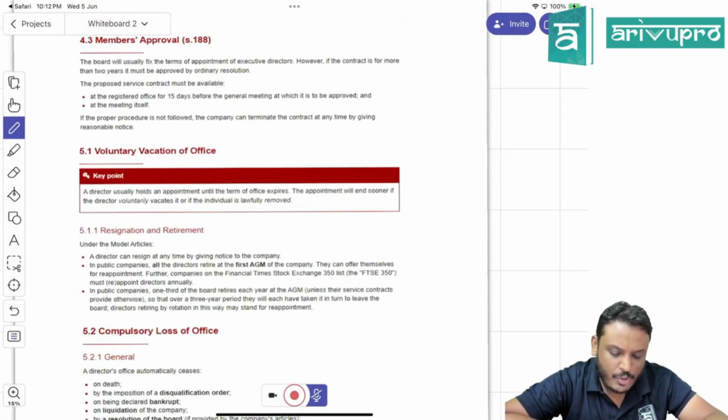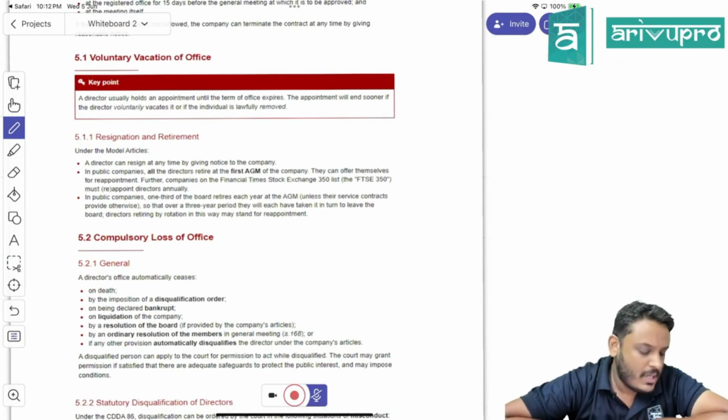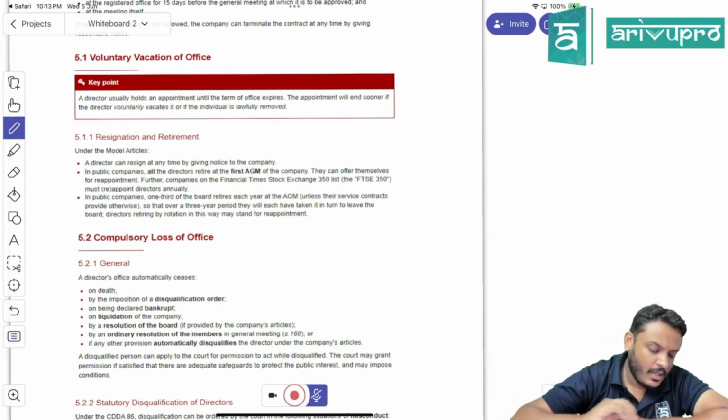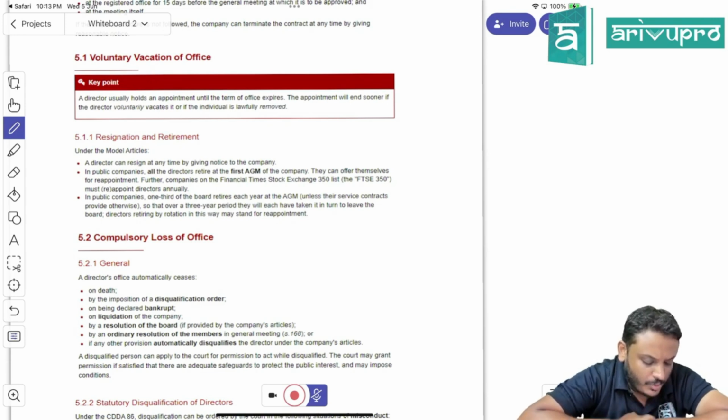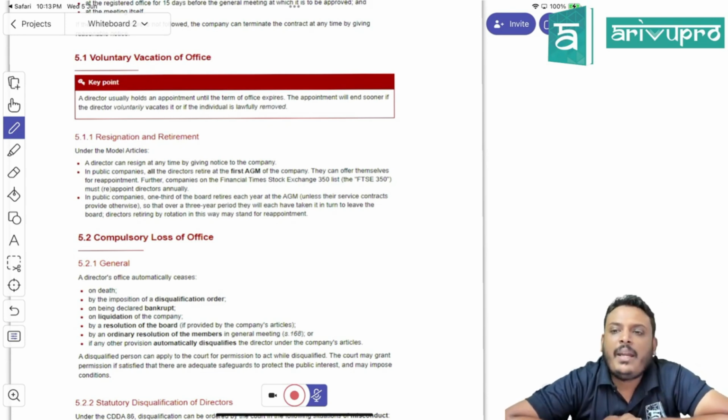Under that, write down: number 1, individual directors remuneration details. Number 2, company remuneration policy.